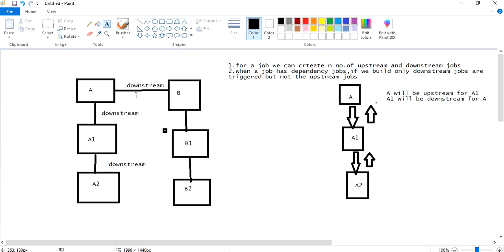That's the thing. And if we go to A and do build, A1, A2, B, and the rest of the jobs are triggered, but there is no upstream job for A. If we go to B1 and just do build, only B1 will be triggered, not B. Only downstream jobs for that particular job will be triggered, not the upstream jobs for that job. Okay,